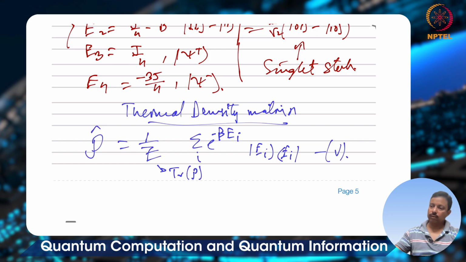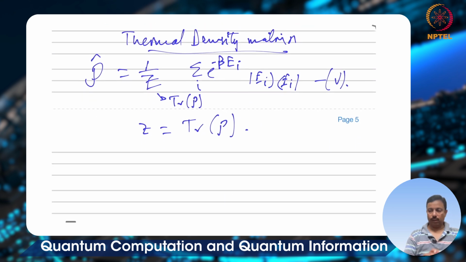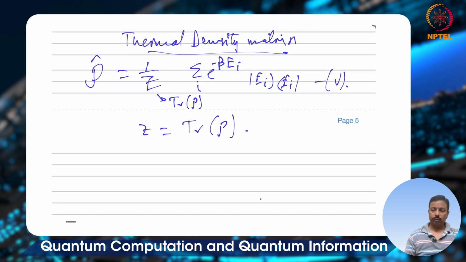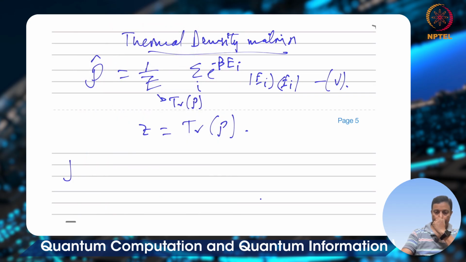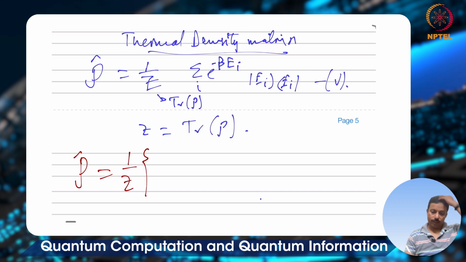So what's so good about it? This is the definition, and your Z is simply trace of rho. Okay, this is just a normalization. So I do get rho equal to 1 by Z. So if I expand that sum over i of e to the power minus beta E_i, ket bra of E_i,